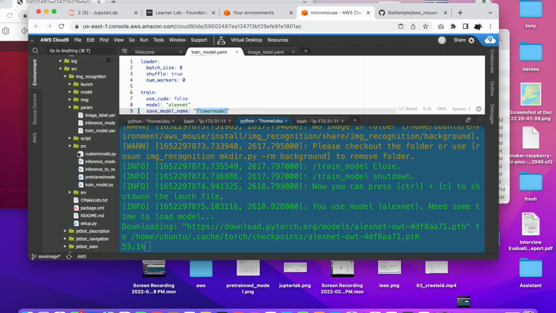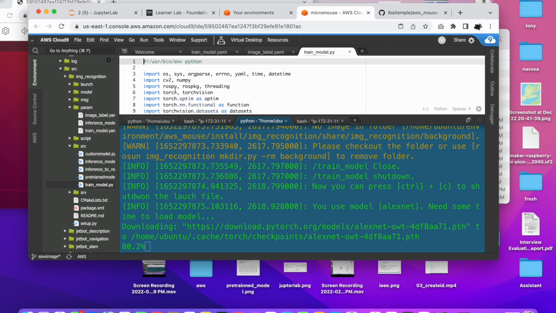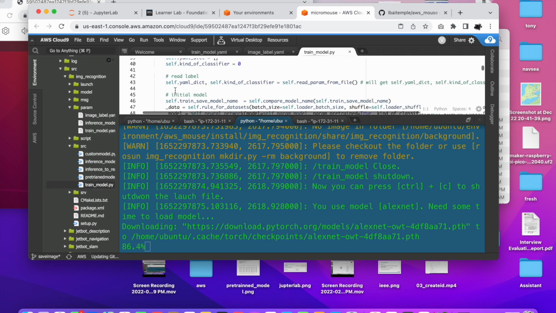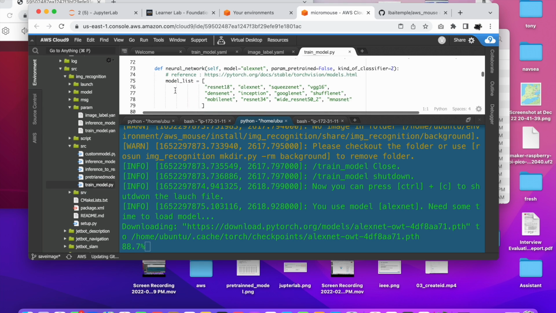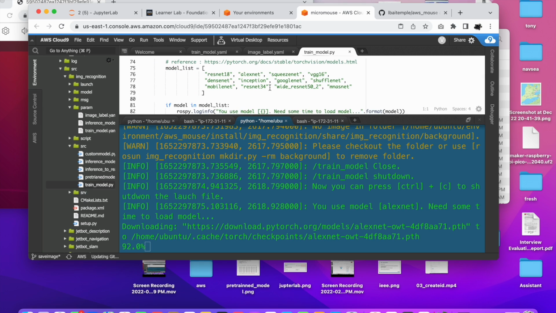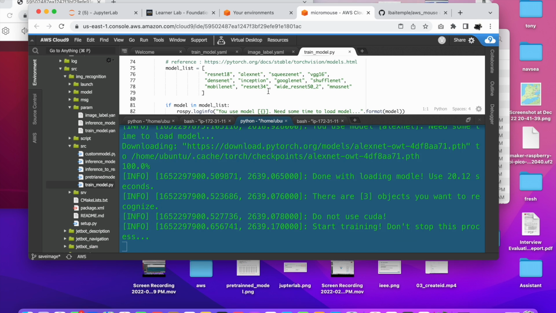For example, if you want to use another model, you can go to the source code. You should be able to find a list of different models, for example ResNet, SqueezeNet, VGG, DenseNet. They're all pretty good. ShuffleNet is pretty small, and MobileNet is pretty small. If you want to run things a little faster, you can use those deep learning models with pre-trained weights. So right now it's going to use our data, our collected images, to retrain the weights in